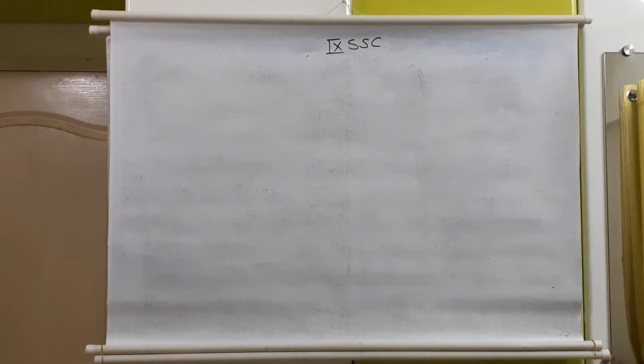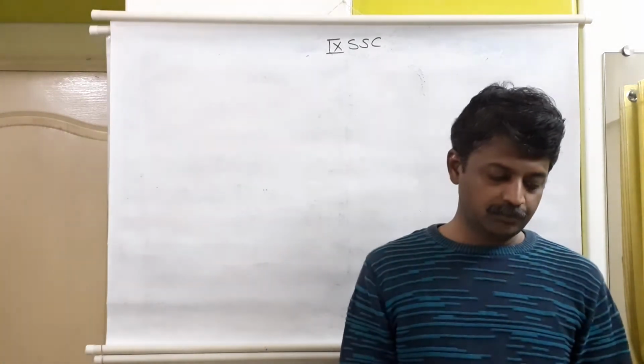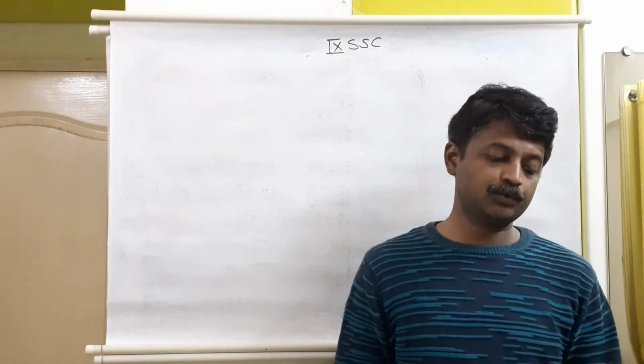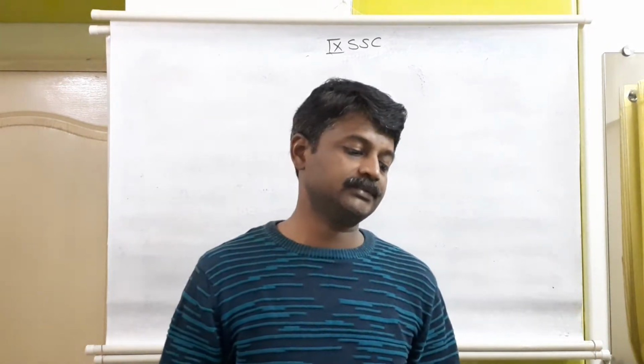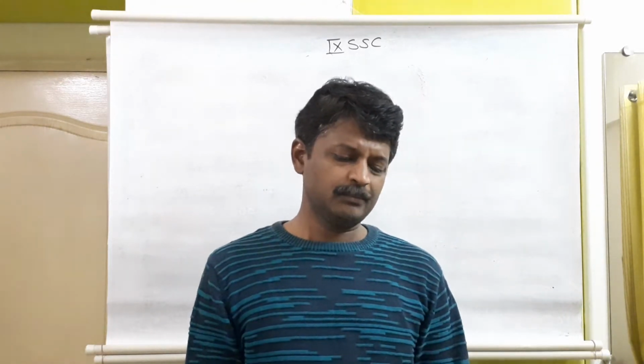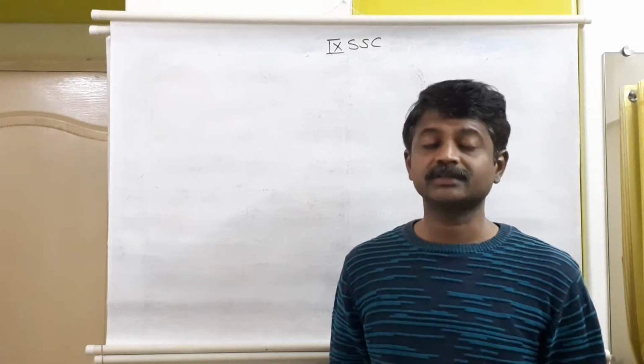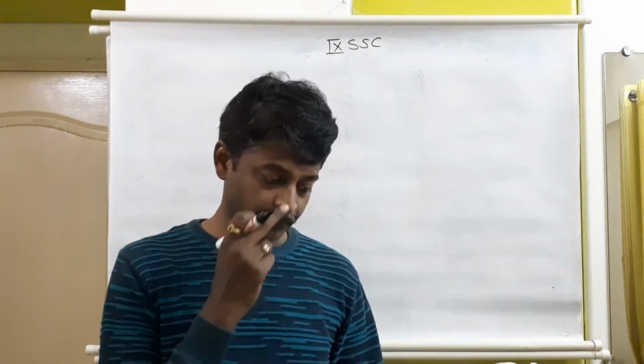Good day friends. In the previous video we have seen problem set number 6 till question number 5, where we discussed Mr. Manohar. He gave 20% of his income to his elder son and 30% to his younger son. Based on that and the given information, we found out what Mr. Manohar's income was.